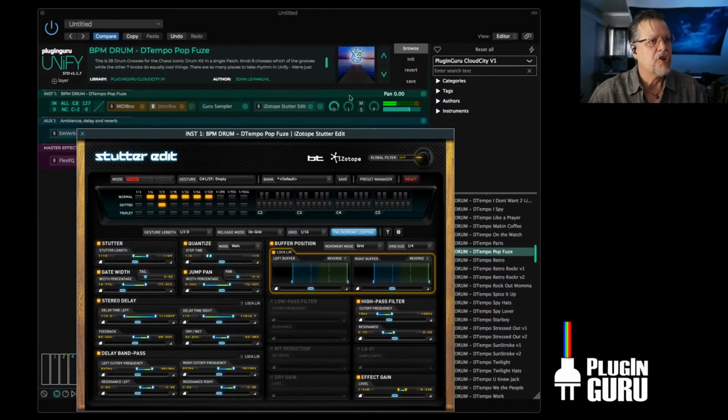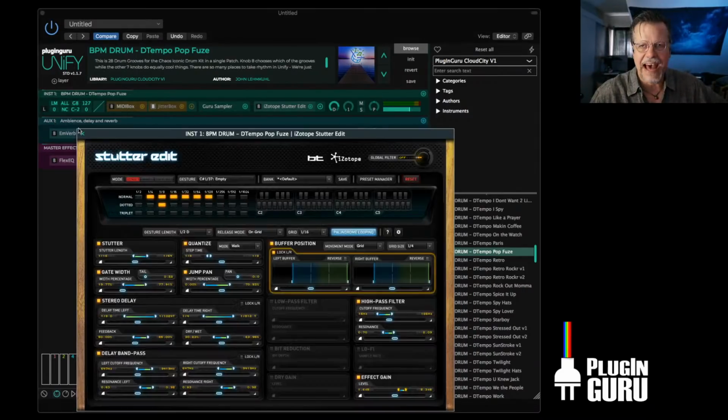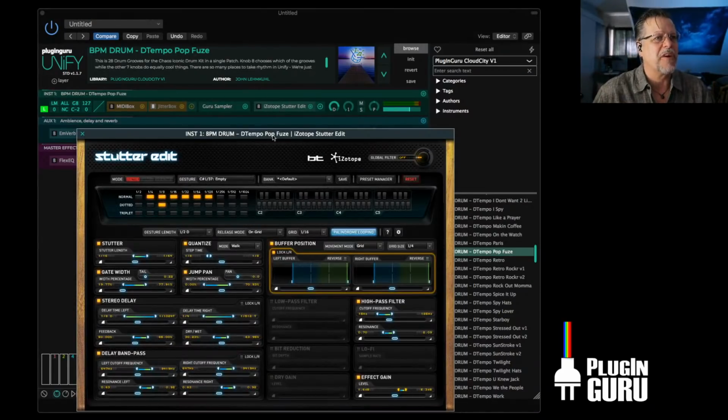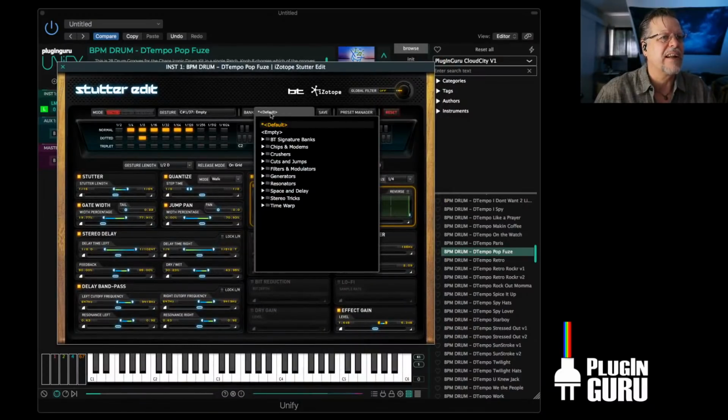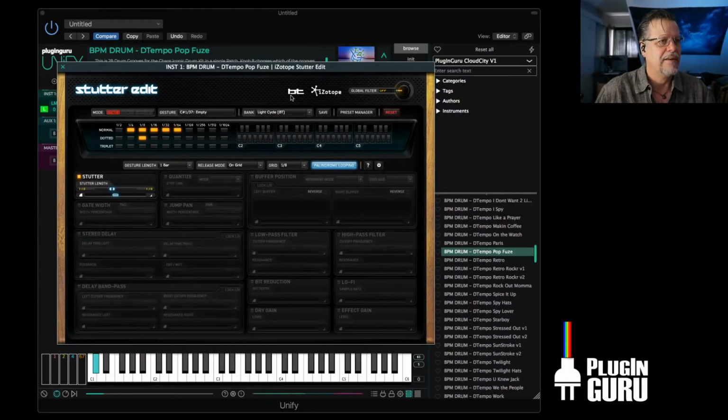right? You can actually get crazier if you go over here and you set it to mono latch and you turn it on. So now when you play, hands off. And now, right? Type of thing. And then you'd probably want to go over here and call up some of the other presets. This bank is kind of weird. You could go to BT signature banks and go like Light Cycle and